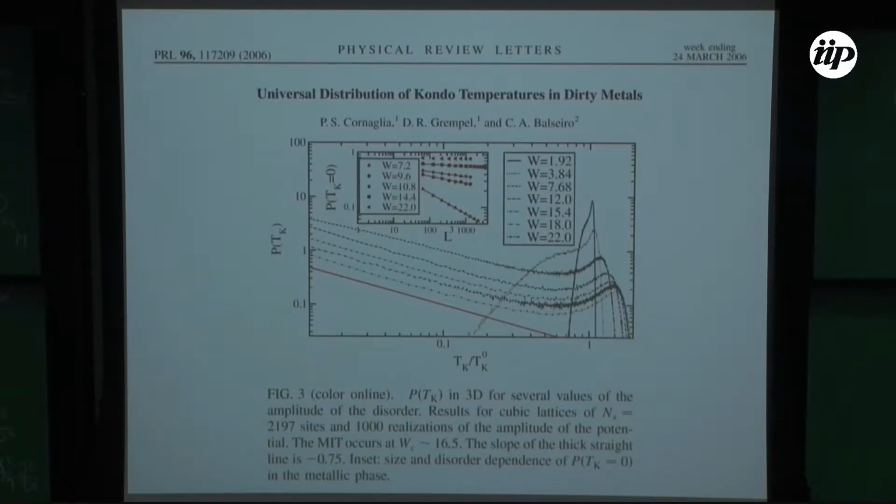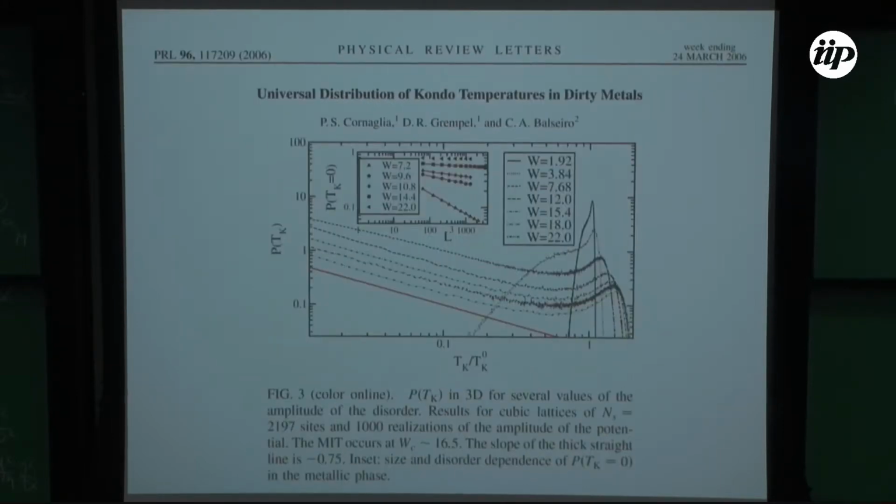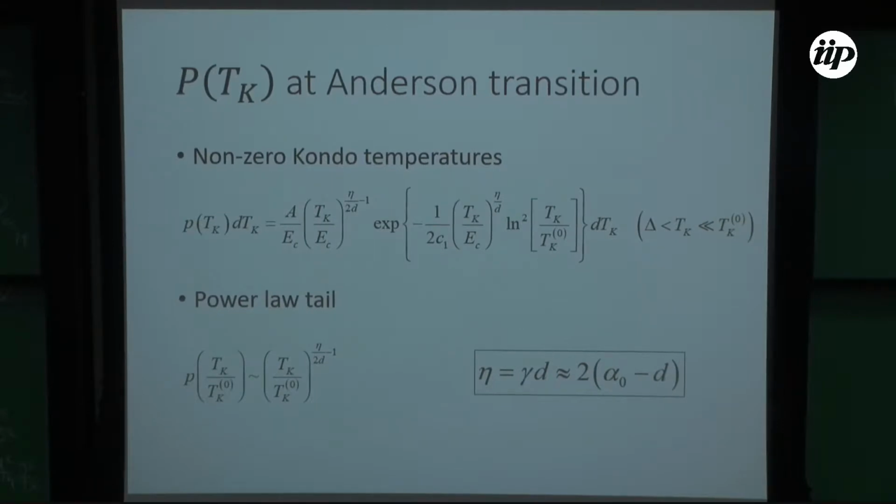There's also this earlier work, a paper from 2006 by Cornaglia et al. They have not simulated at the Anderson transition, though they've gone from the metal to the insulator. The system is relatively small. It's a 13 cube lattice with 1,000 samples. They claim to see power law behavior. I will come back to this graph a little bit later. Okay, now let's look at